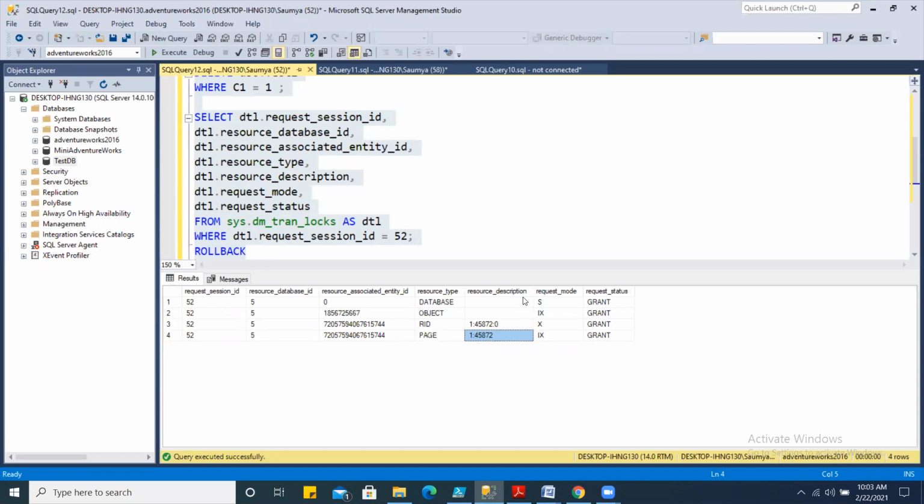Many kinds of locks are requested by the transaction and granted by the lock manager in order to perform this operation. Although we have a rollback, still these locks have been requested and granted, and finally the transaction was rolled back.